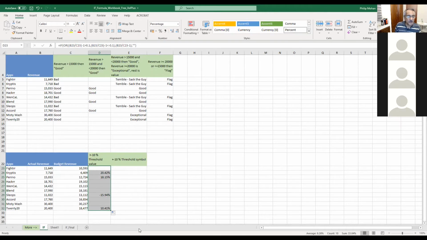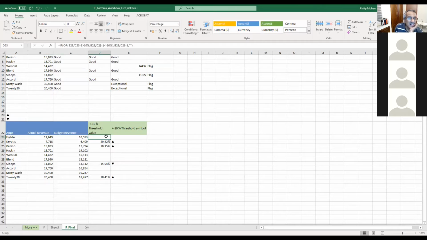Now it should have picked up only the ones that are either below minus 10% or above plus 10%. Please copy that formula and put it in the WhatsApp group. No, it's there in her IF final, if you look at it.